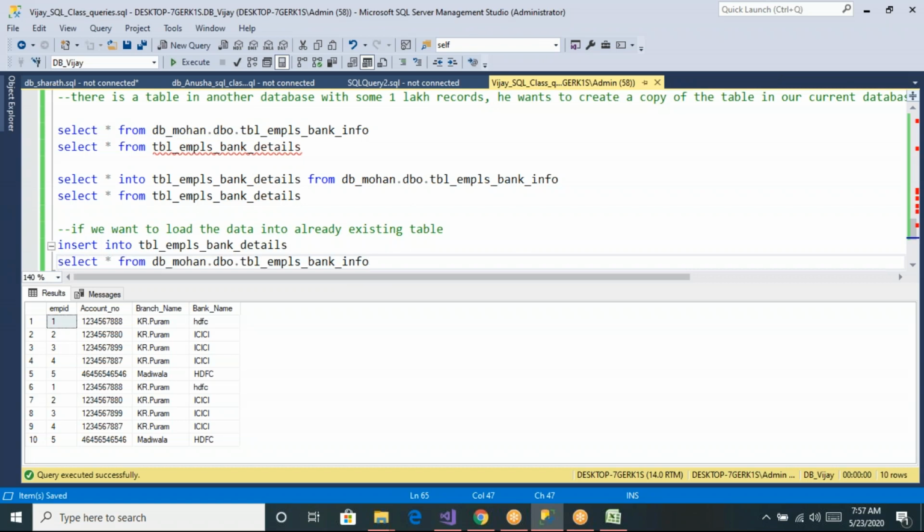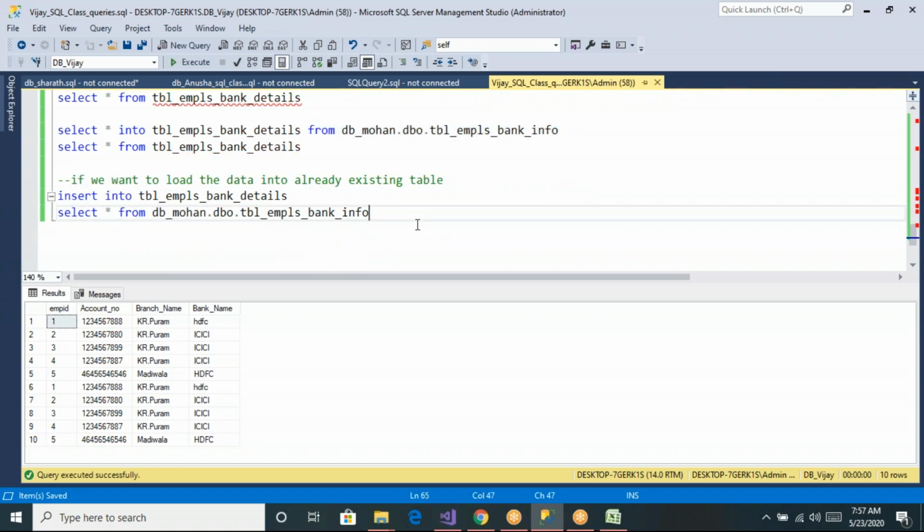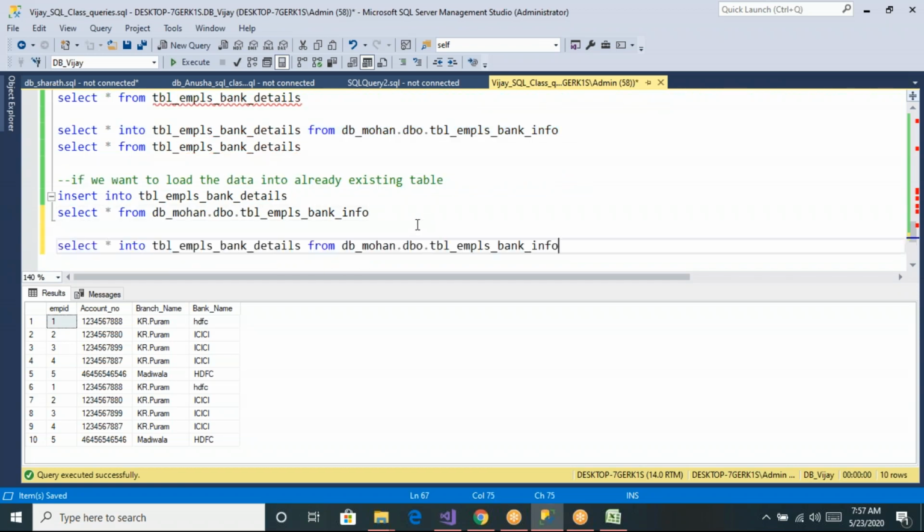And sometimes one of the interview questions is, he may say that I don't want the data, I just want the table structure. I just want to take a copy of the table definition but not the data. They might ask you, okay, this command, what is it doing? It is creating a new table, and the data also is getting loaded, no? But the interview question is, I don't want to load the data, I just want to take a copy of the structure. Then how to do that, let us see, that is simple.